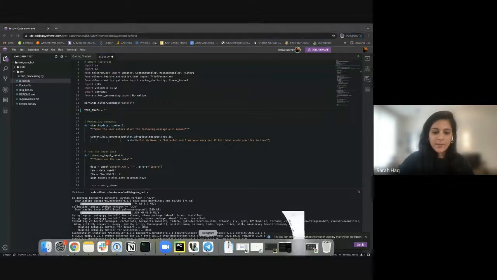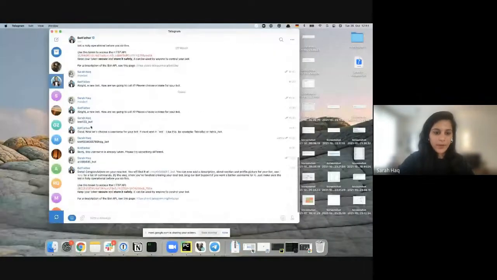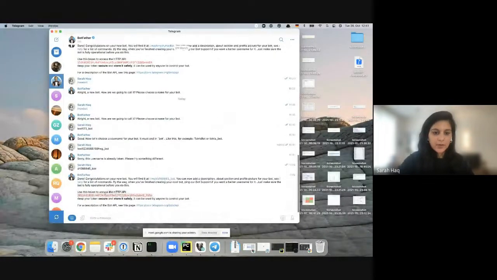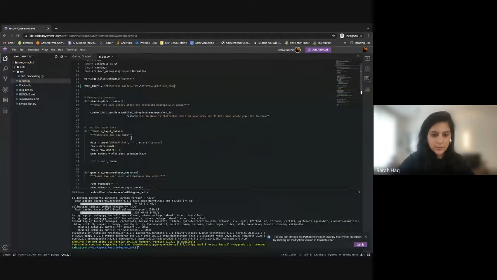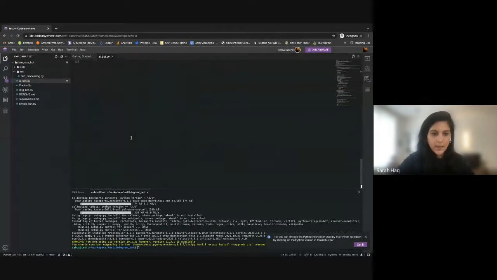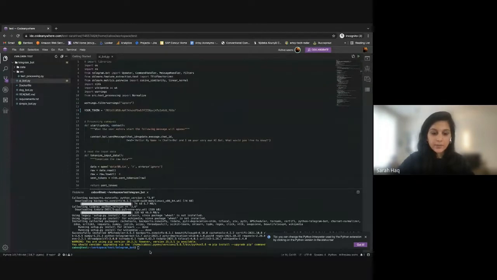So I'm going to go to Telegram. I'm going to go to BotFather. I'm going to take my token from here, paste my token in, and save it. And then it should be as simple as running